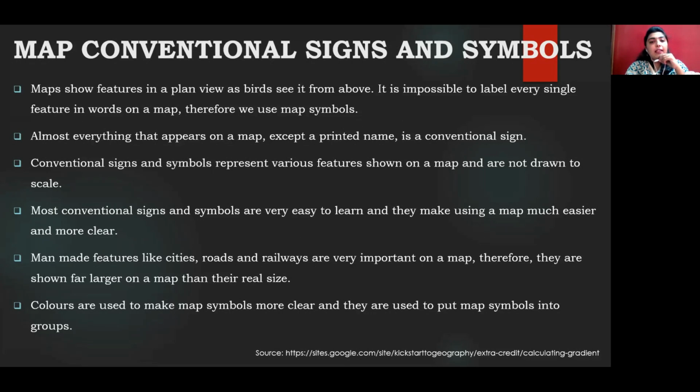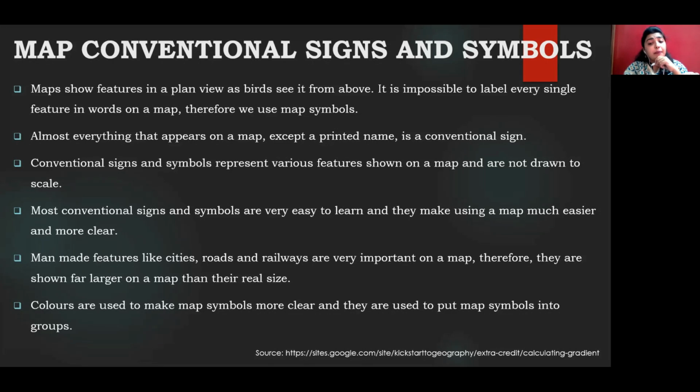The next important element that we were talking about was the map conventional signs and symbols. Now, we all know that it is difficult to represent all the features that are there on the Earth's surface on the map with detailed information. So if I'm drawing a map with a scale, say 1 centimeter is 1 kilometer, that 1 kilometer area on the Earth's surface has so many things. It has a temple, it has a tree, it may have a part of a forest, or it may have roads. So how do I actually depict all this?